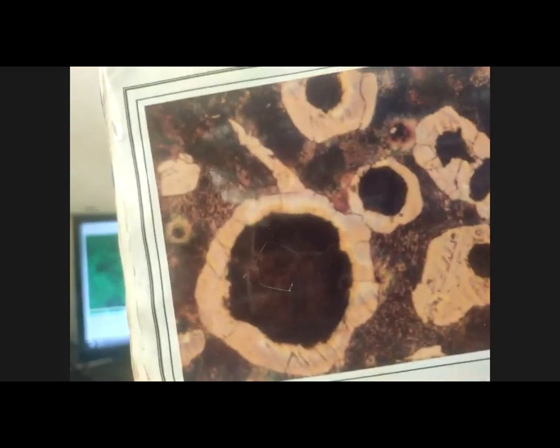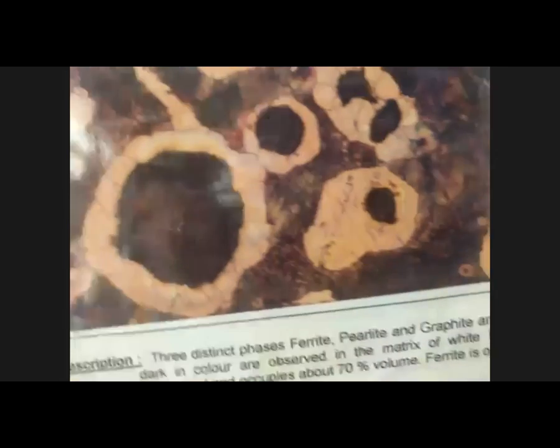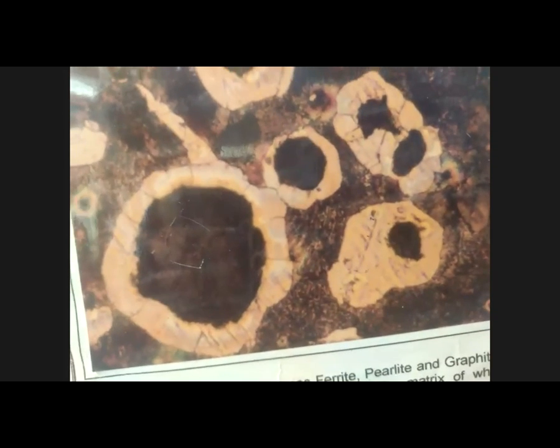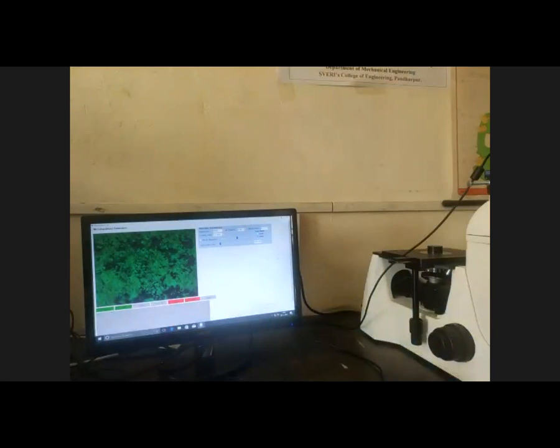So see that this is our HG cast irons. On my book, the clear picture is visible. Now you can see it on our PC also. Green colors and dark colors are there, alternate layers of ferrite and pearlite. But the structure of this graphite you have to see in circular shape. Circular shape is there. That's why the name spheroid is given to the graphite.